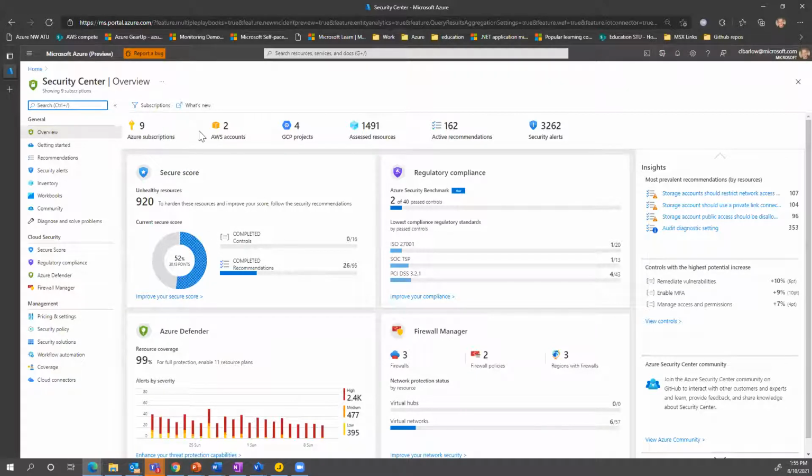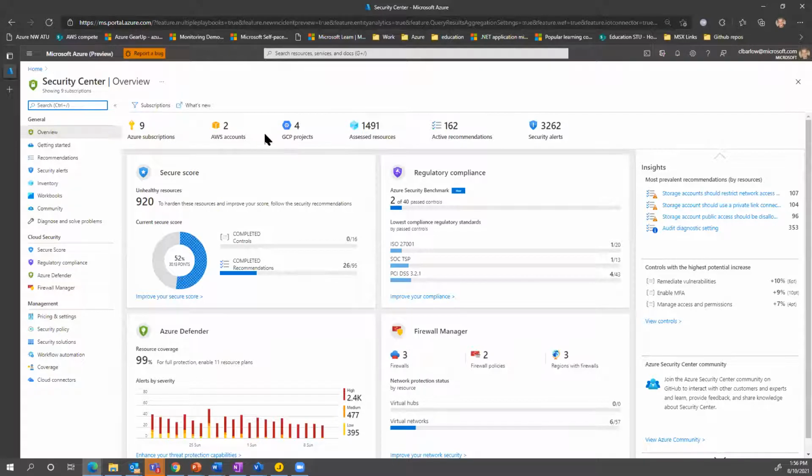So why I want to talk about that is Security Center can monitor stuff on-prem, in AWS, and in GCP. So when you start thinking about regulatory compliance, you could actually start monitoring your security posture in Security Center across your clouds. Okay. Again, it's one of those things that we just do it better, in my opinion.